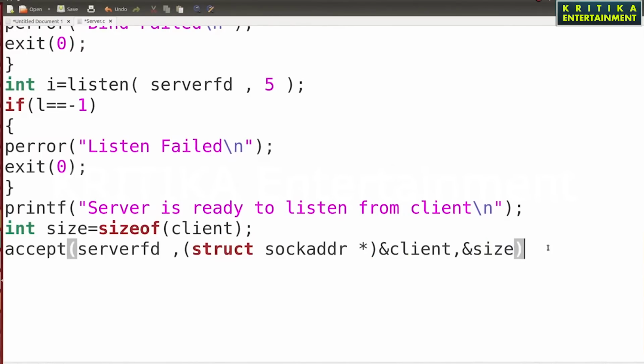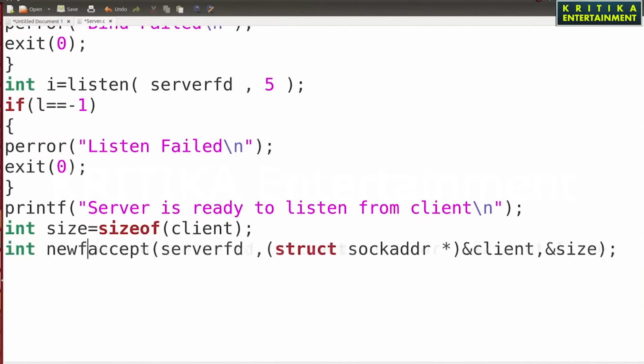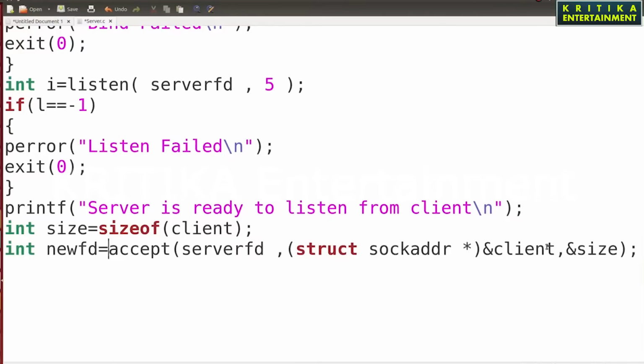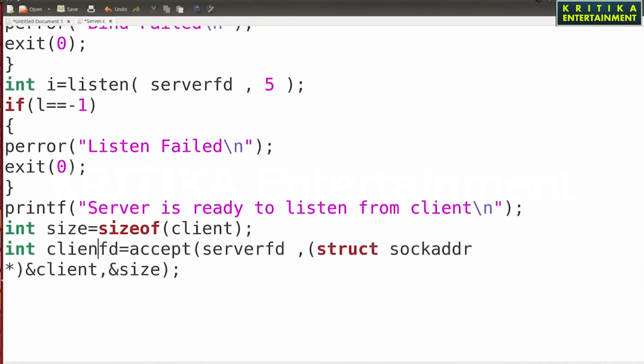Then question: what does the accept function return? The accept function returns one new FD, called the client-side FD, which you can use to connect to the client machine. That means this FD returned by the accept function can communicate with the client.